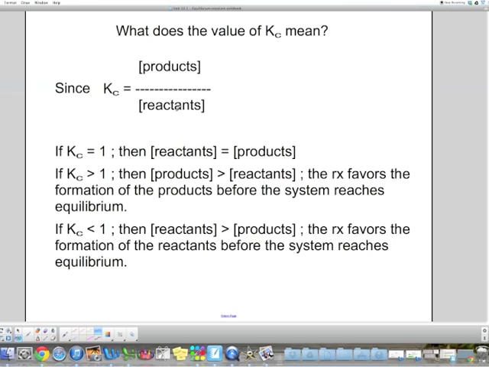Again, it's products over reactants. But what does the value really tell us? It tells us at what point the equilibrium actually set in. As I explained to you, the equilibrium doesn't set in right away. So if I just draw a little graph quickly, we always have the reactants that start reacting, or let's say I just draw one. So it starts reacting, the products are produced,